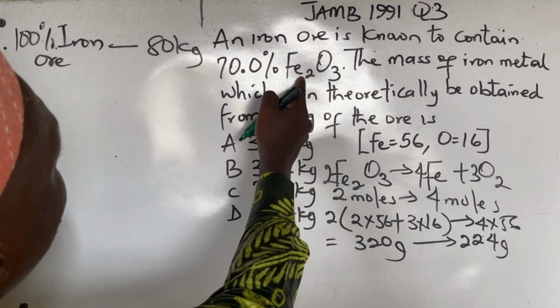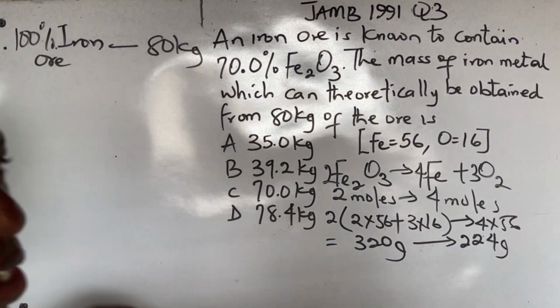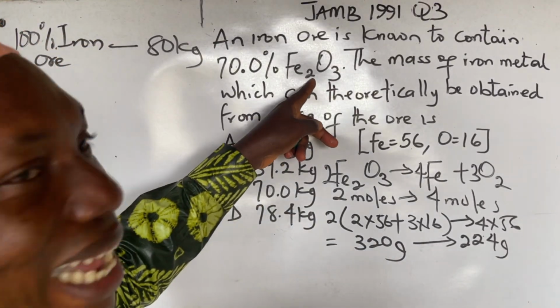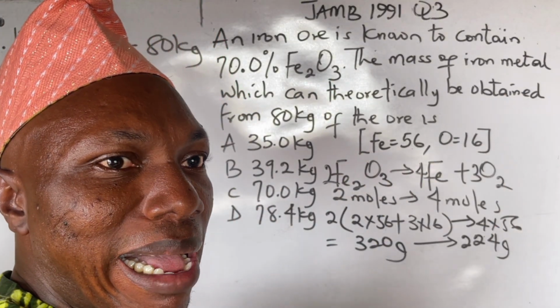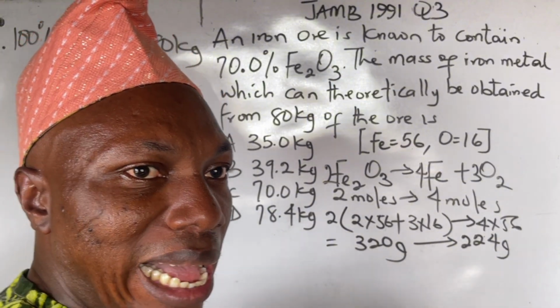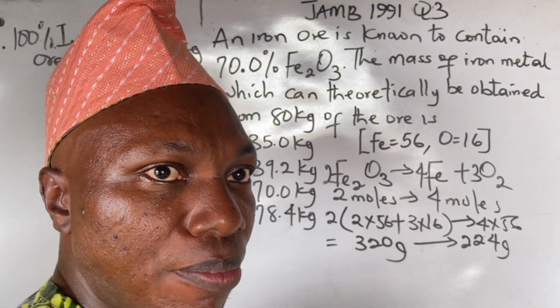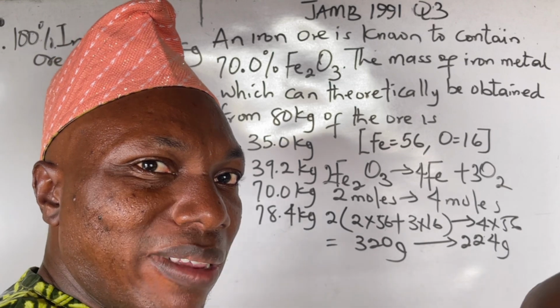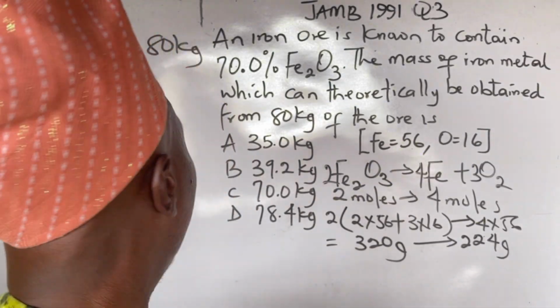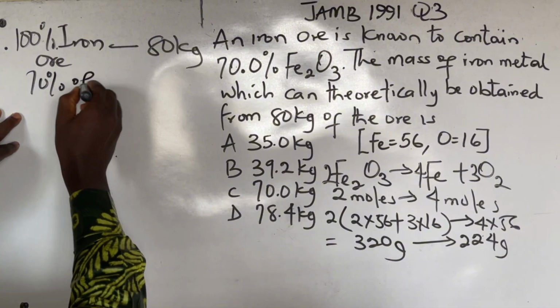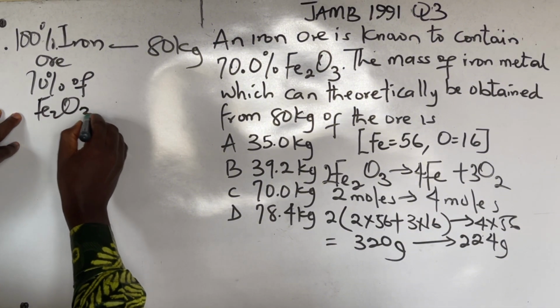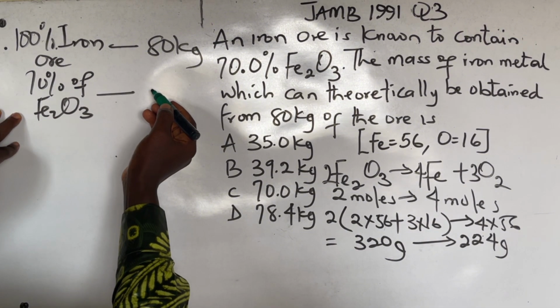Then 70% of iron oxide. Iron oxide is in the ore. The ore is the total material, but the iron oxide is in the ore. So you now have 70% of iron oxide will give you, let's call this place maybe